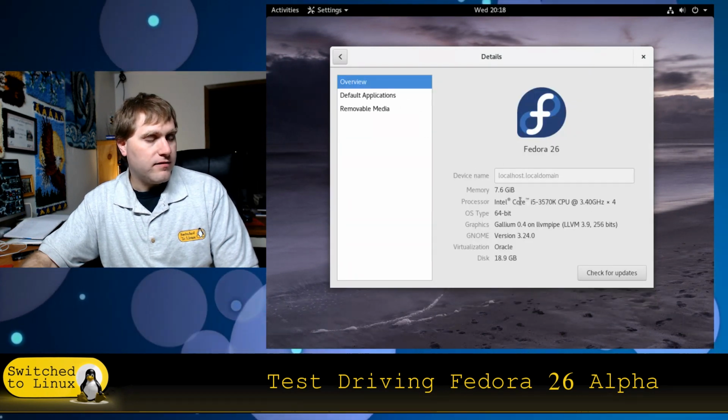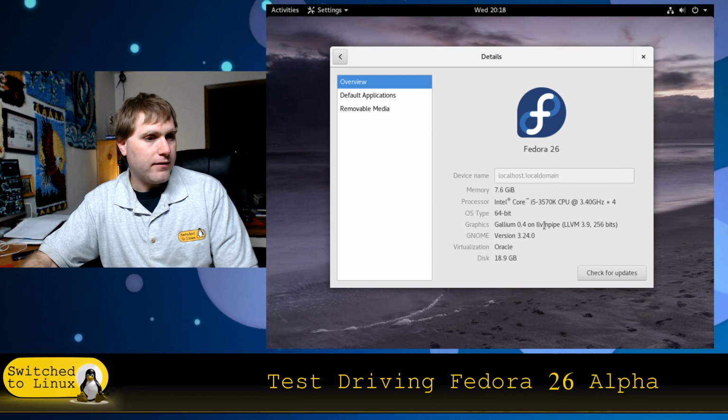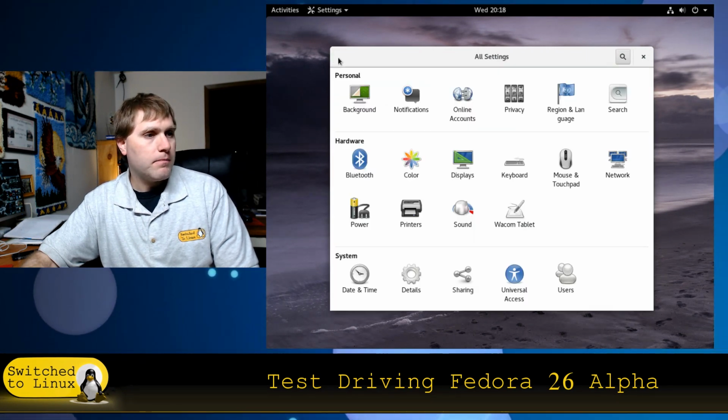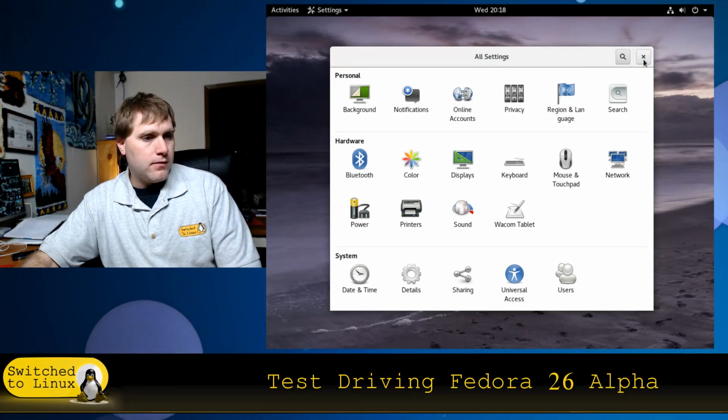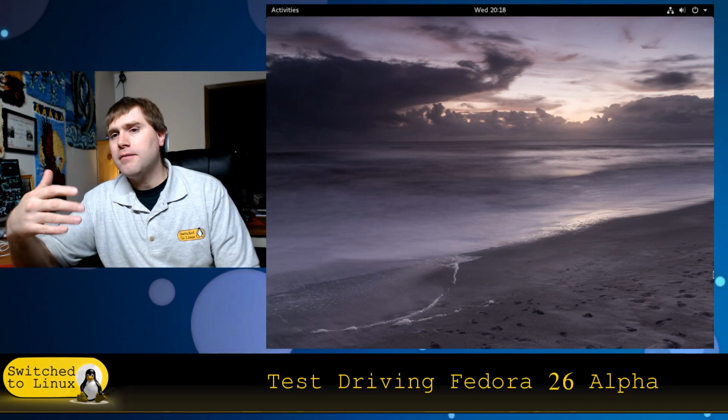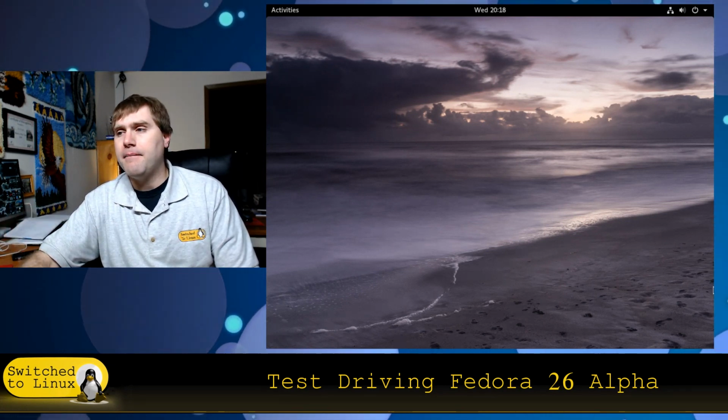Here's your details. So you see we're running 8 GB on this VirtualBox. You can click your check for updates over here. All right. Now, the thing that I don't like about GNOME, what I had talked about before as far as